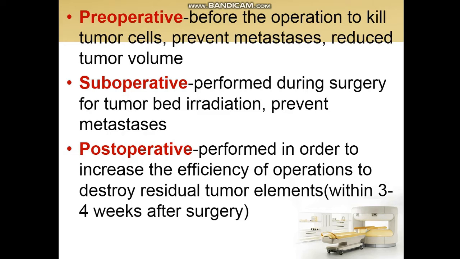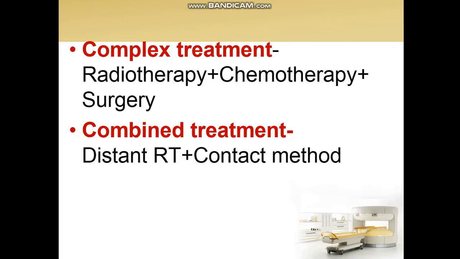We have three main forms of radiotherapy: pre-operative radiotherapy, intraoperative radiotherapy, and post-operative radiotherapy. Okay, that is in practice. We use radiotherapy alone and with other treatment modalities. If we use radiotherapy with chemotherapy and surgery, we name it complex treatment. If we use two types of radiotherapy, such as distant radiotherapy and contact method, we name it combined method